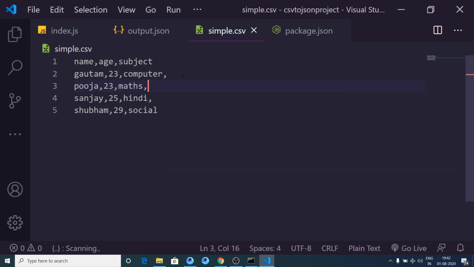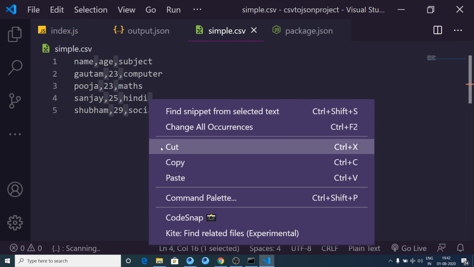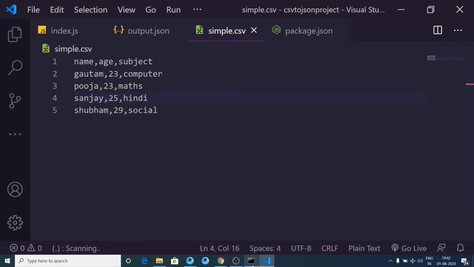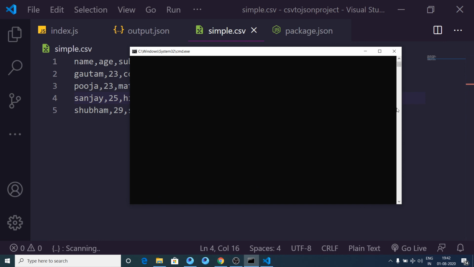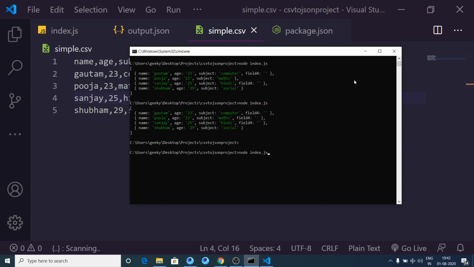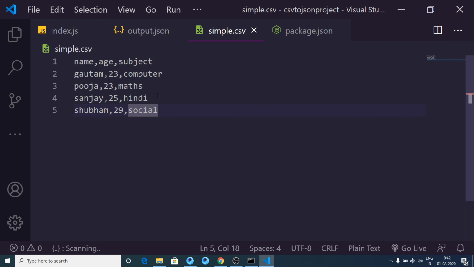Oh, I think guys, the problem is I need not have put a comma here. I was confused: in JSON files you need to put a comma after every entry, but in CSV files you do not have to put any sort of comma. If you put a comma, then it will be selecting that. Let me just remove this comma, cut this, and now you will see. Now you can see, right guys, this is name, age, subject, and no field for entry is there. So after every row ends, you need not put a comma.